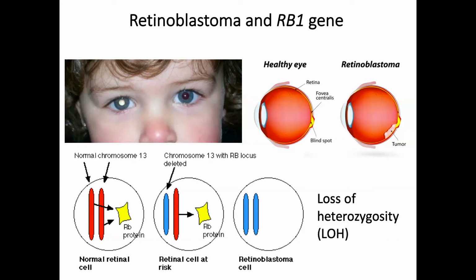However, in children who carry an RB1 mutation, one of the two chromosome 13 has a defect on the RB gene and fails to make RB protein, shown as the blue chromosome that is defective. Maybe, in most of the cases, it has a deletion on the RB gene, okay? It does not make RB protein, but they still maintain a normal allele that keeps making RB protein, all right? But then this cell is at risk because only one allele is making this protein. Since the two alleles are different, we learned from genetics that this cell is called a